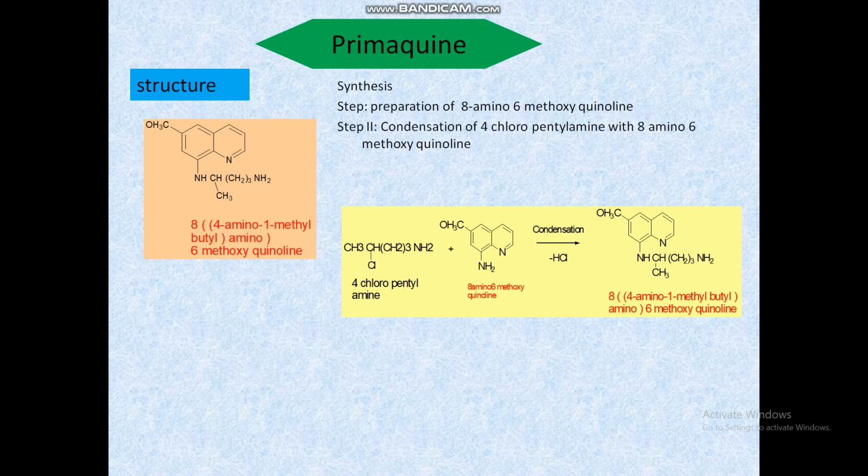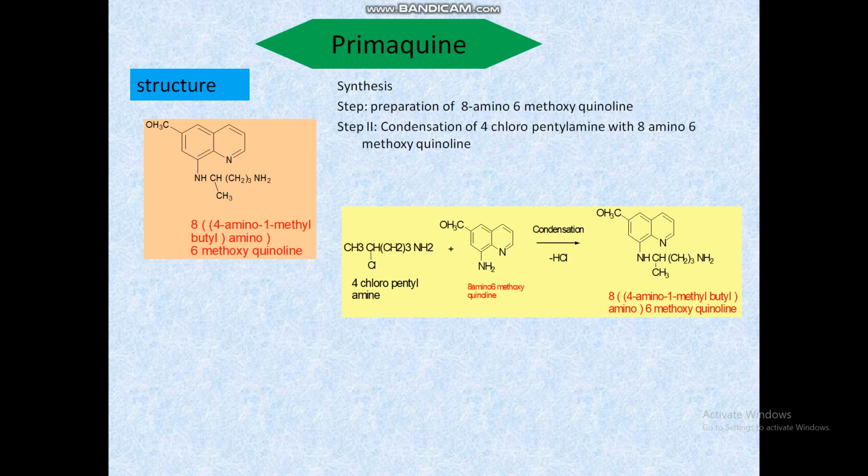So already we have discussed pamaquine, primaquine and pentaquine. The OH group is not necessary for the antimalarial activity, but when OCH3 is replaced by OC2H5, that is ethoxy, the compound becomes less active and toxic in nature. Next, if halogens are introduced, it increases the toxicity. If the methyl group is substituted, it will be an inactive compound.